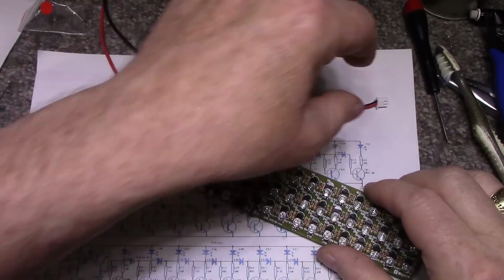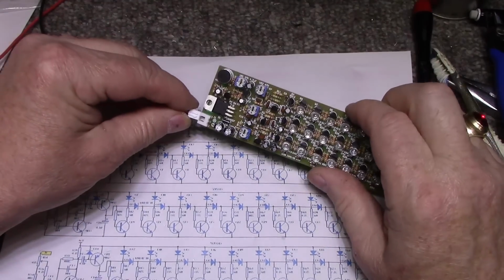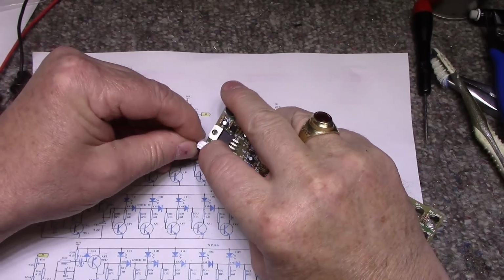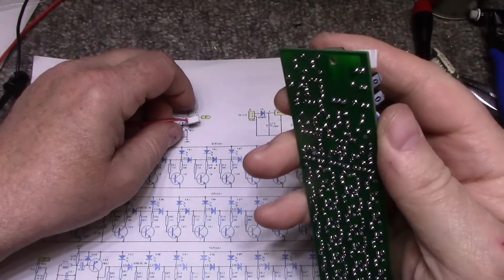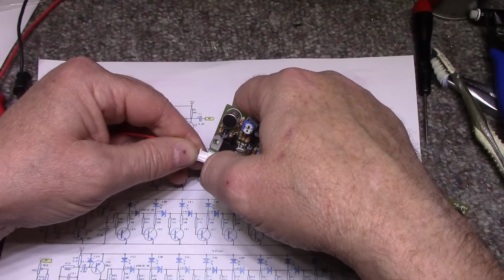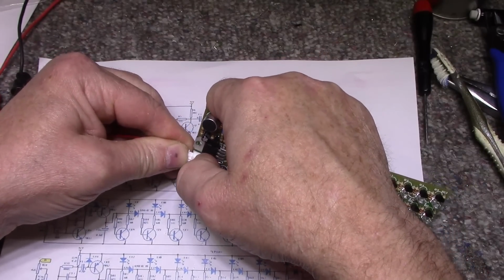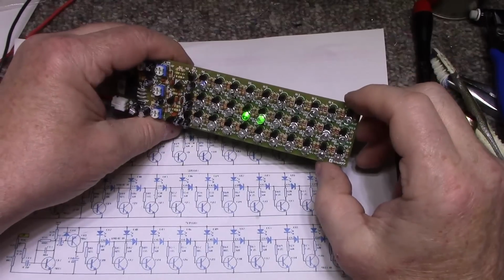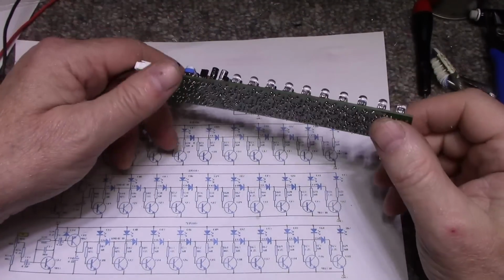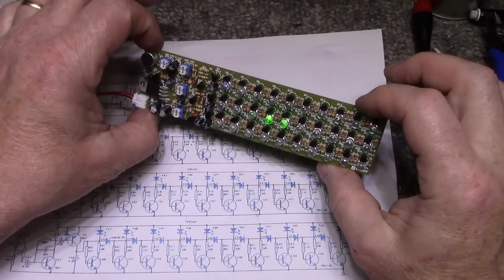Make sure these don't short out, and then when we plug this in, it should all start working. Which way is this? Oh, it's a really tough connector. What is going on here? Doesn't want to plug in. Oh, it's tight. There we go. Why isn't it working? Hello? Oh, okay, maybe my hands are...